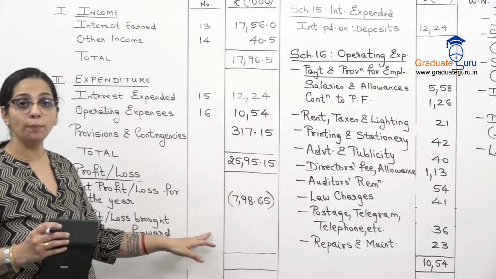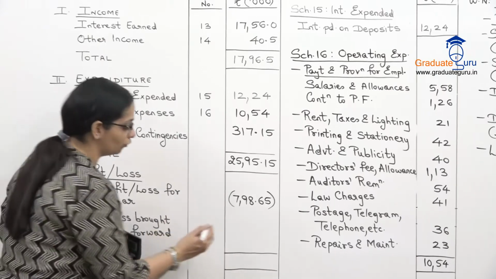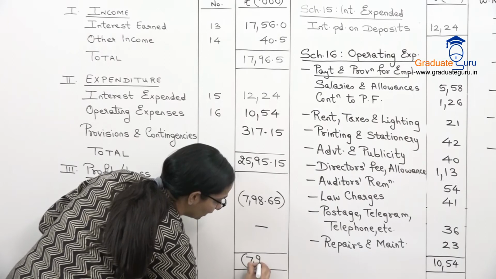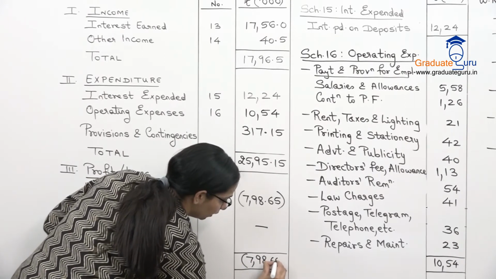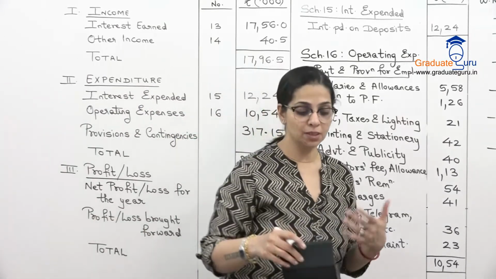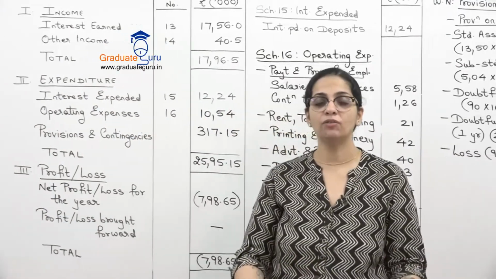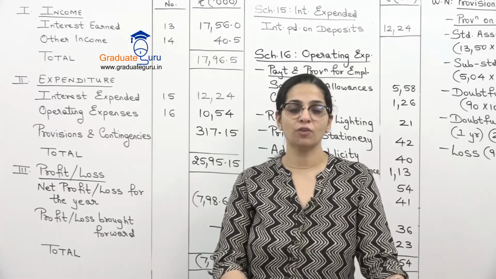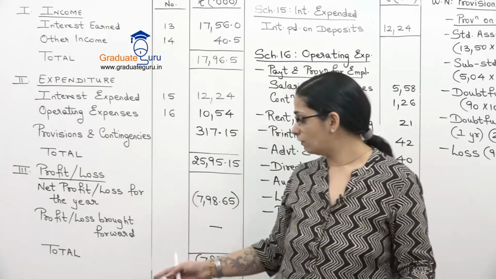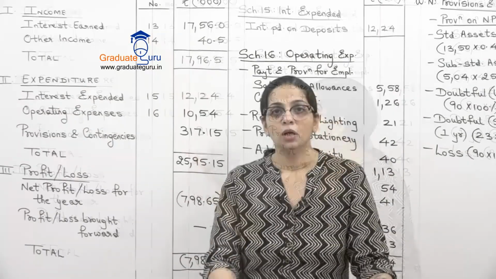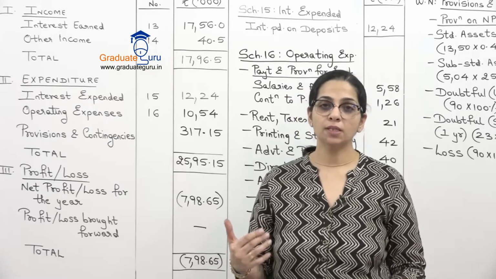We don't have an opening balance, so there is no brought forward, and this loss will only be carried forward. And when there is a loss, you cannot appropriate, हम reserve में transfer नहीं कर सकते, and even otherwise, इस sum में they've not told us that there is any transfer to reserve. So that is why I have not made the appropriation part of the format. So take down this sum and we wind up the session over here.